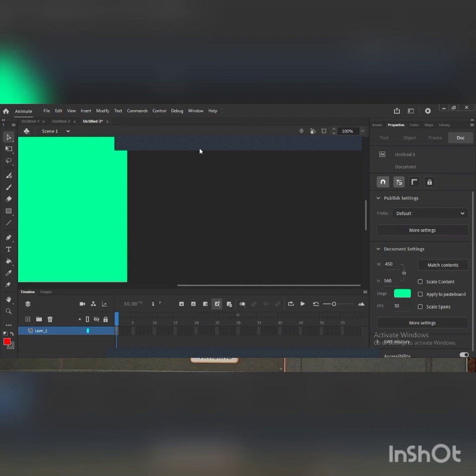This is our timeline. At the bottom side, you can see here, this is the timeline. And this timeline is divided into frames. These are the frames. Timeline is mainly used when you create the animation. If you want to change the timing of the animation, or the sequencing of the animation, that time you will use the timeline.